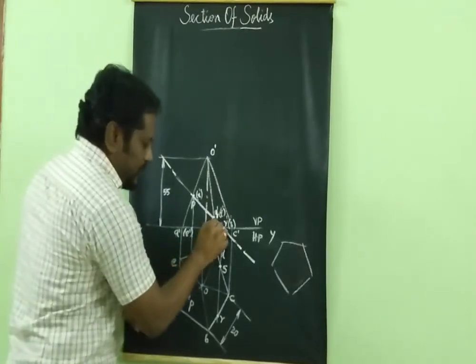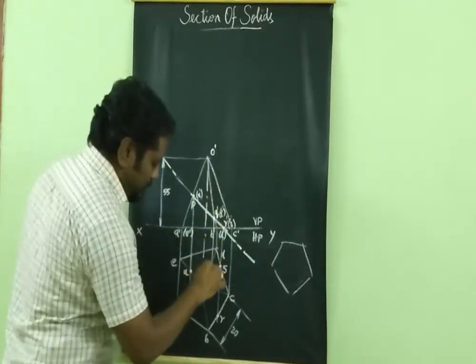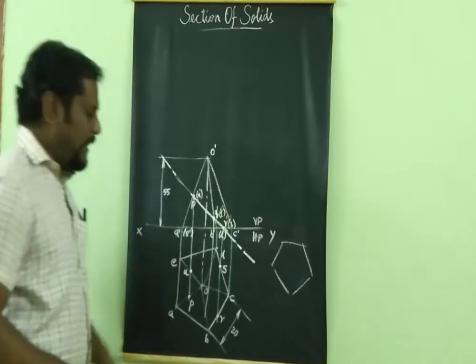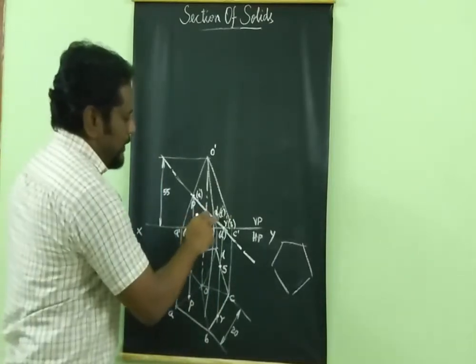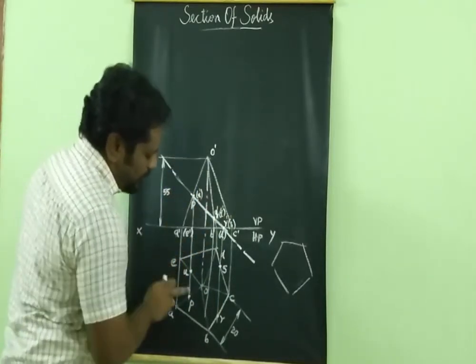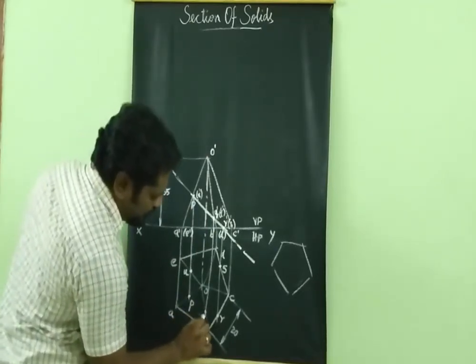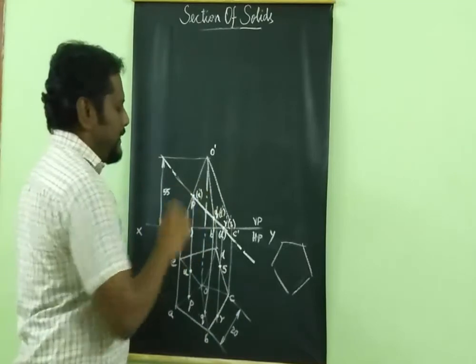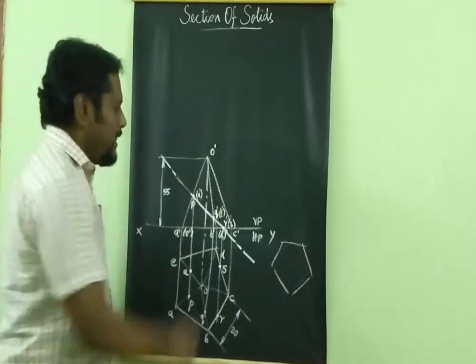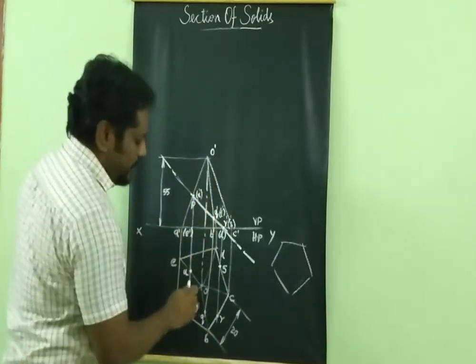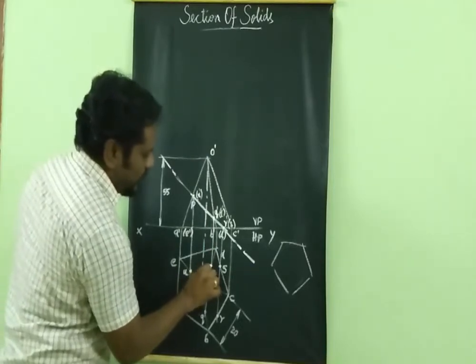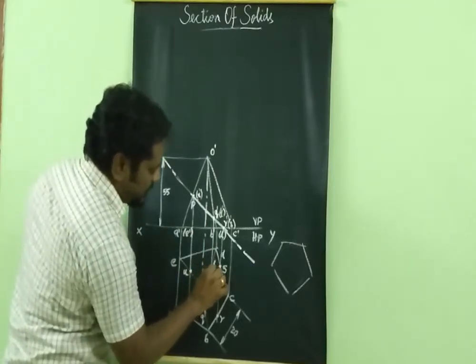Similarly, you project this point up to here, where it cuts. The point Q is in the line OB. It cuts line OB here. So here point Q will come. Similarly, the point T is an invisible point, and the invisible line is OD. So here it cuts the OD and it makes point T.